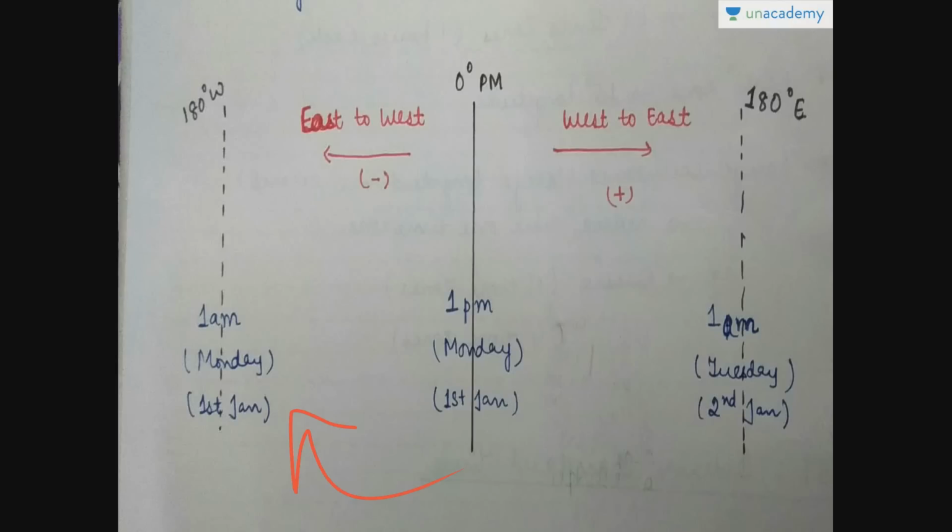So this is like 2nd January, this is like 1st January, and this is Monday and this becomes Tuesday, but the time between them is the same. We are talking about the same line. You have to imagine it to be a circle. I am repeating again, this is a circle, so this is one single line. The time is same, but the day is here, it is at the loss of one day. Here we are gaining one day while we cross this line.